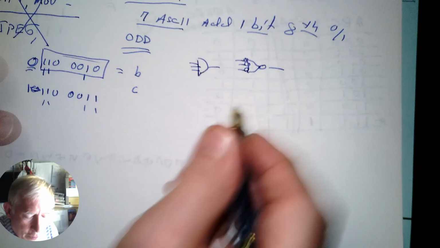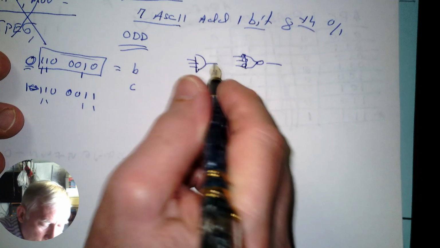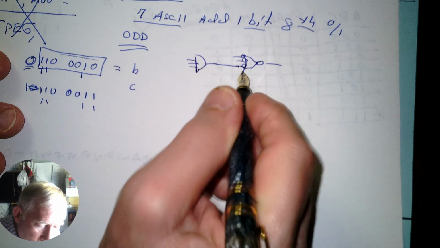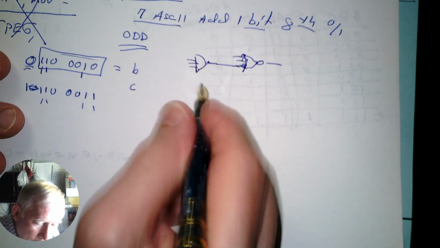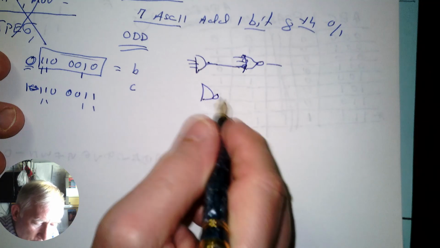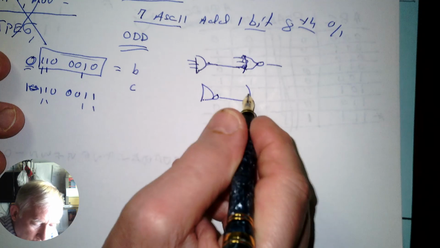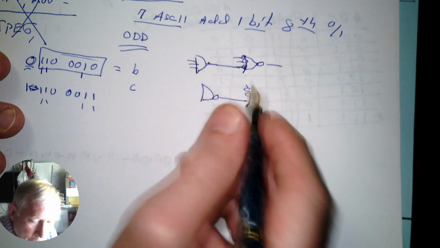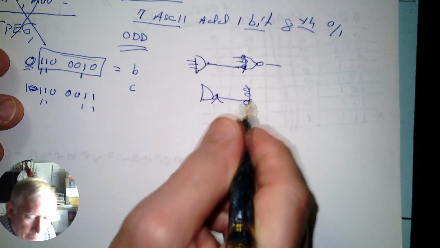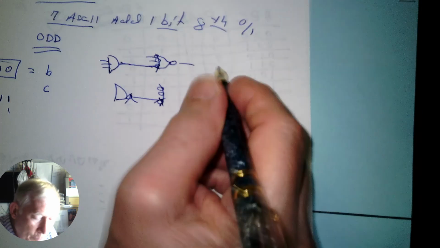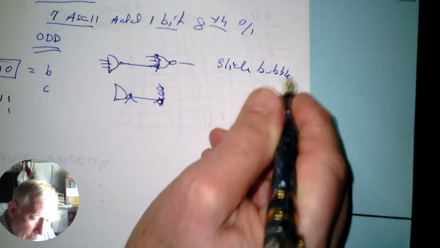Now, what's really great is when you do these substitutions, if you have a connection here, you're allowed to take these bubbles and slide them. You can slide it from here all the way up to here. So now you would have, say, the bubble on the NAND gate, and you might say the bubble's gone down here, and then you might still have bubbles here, and you're maybe going to deal with them. Also, if you have 2 bubbles, you can cancel them both out. So you can slide bubbles, and you can cancel bubbles,